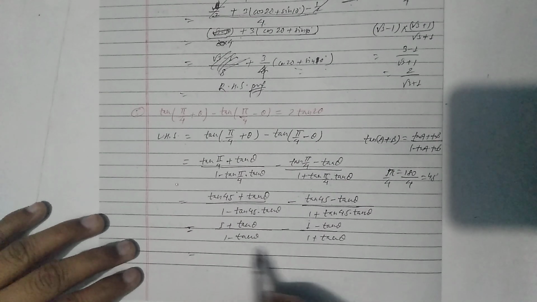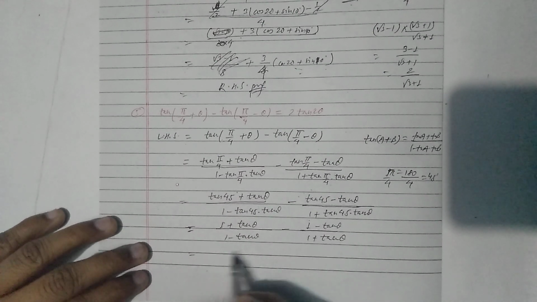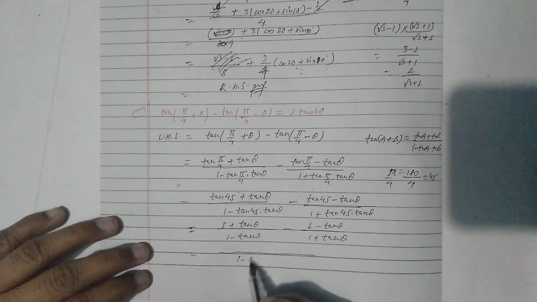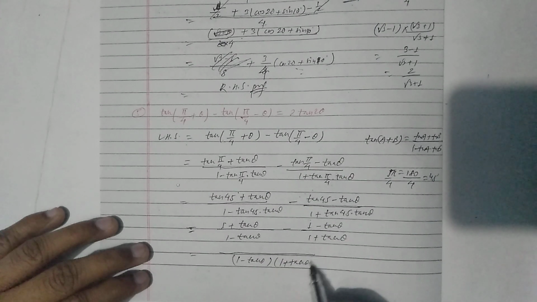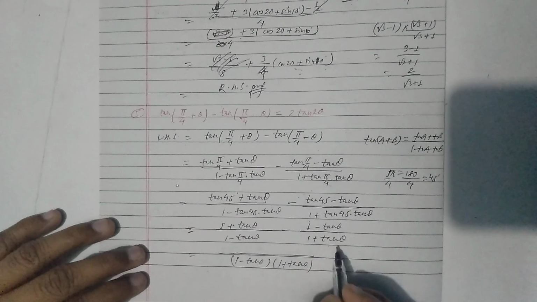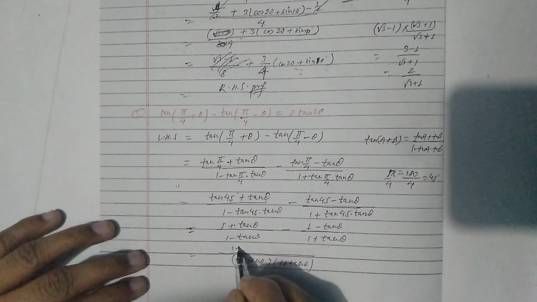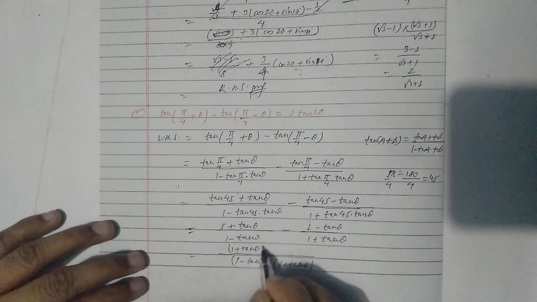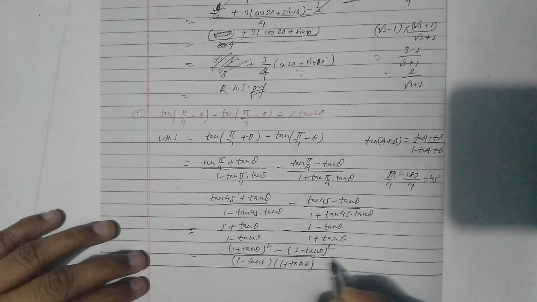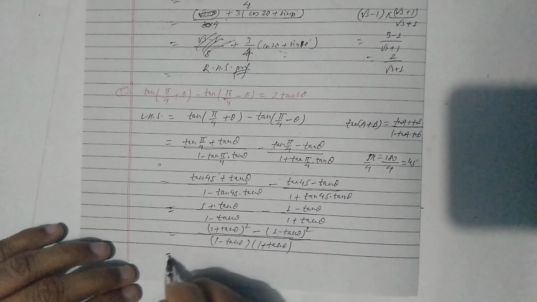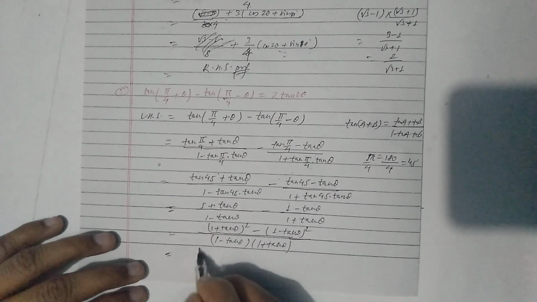So if we take LCM, then this will be (1 minus tan theta) and (1 plus tan theta). This will be multiplied with this, so this will be (1 plus tan theta) whole square minus (1 minus tan theta) whole square. Now we have to apply the formula of (A plus B) whole square, A square